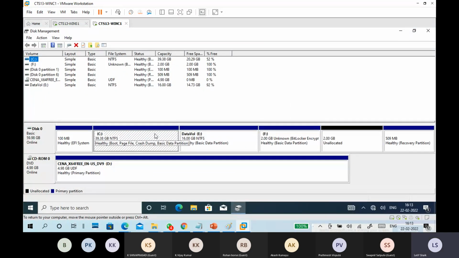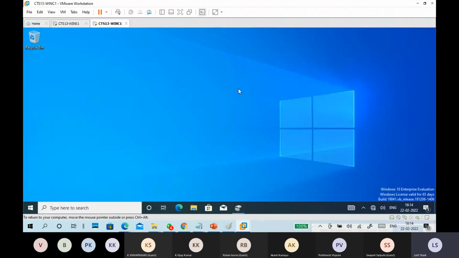So this is disk 0. Another one is CD-ROM. Guys, can you look at it? Disk 0 and CD-ROM. I have one single hard disk. Now look at here, guys, this also explains block level storage.